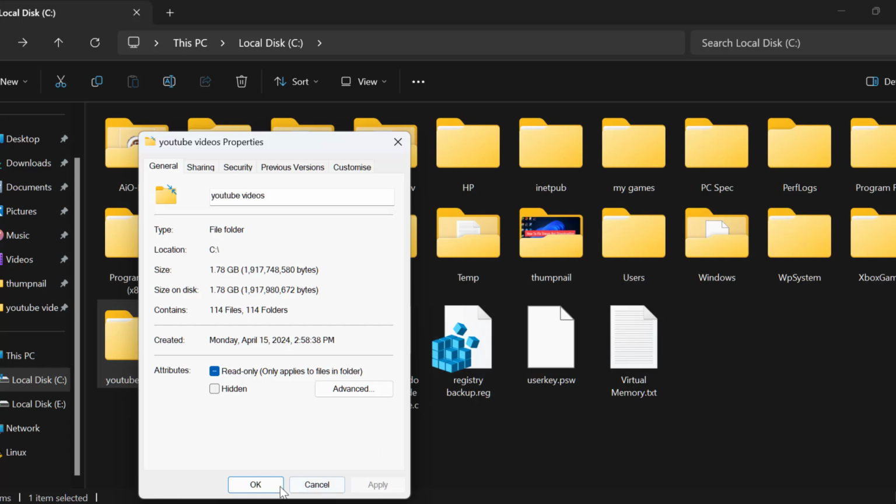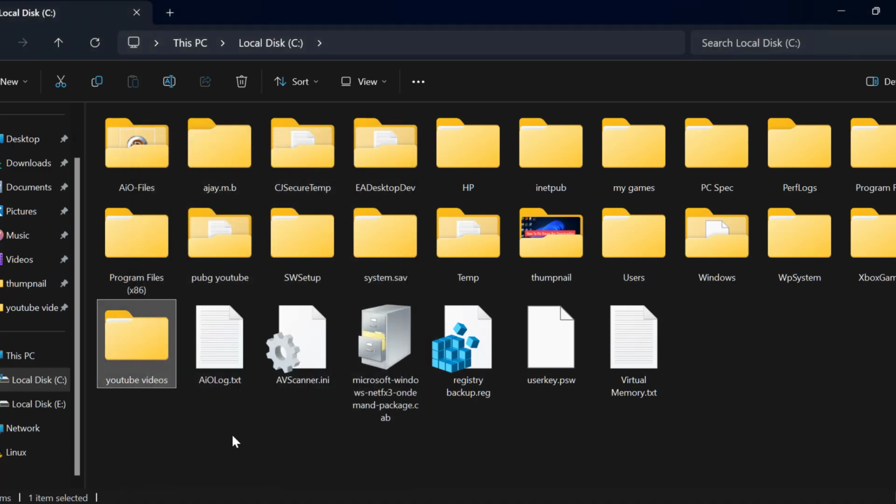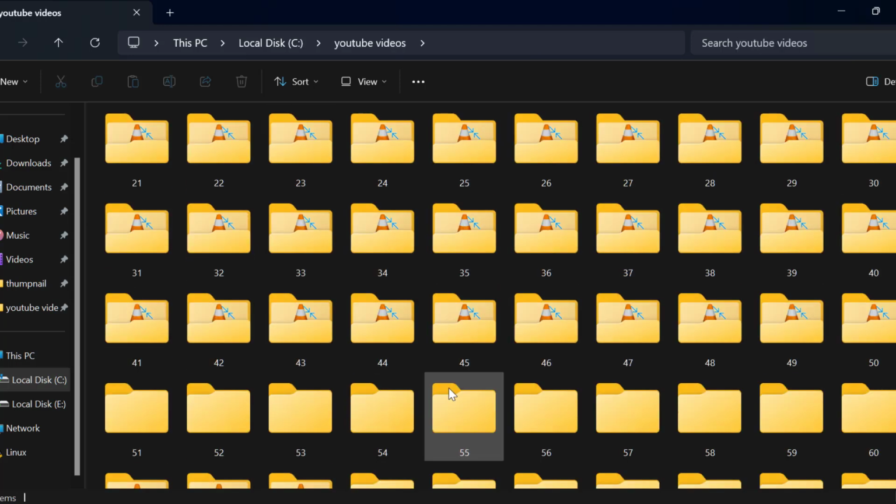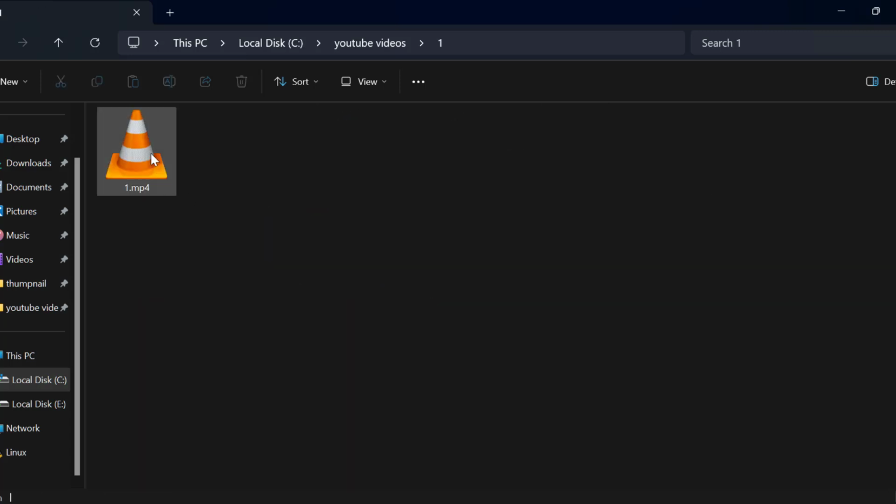After finishing this, select OK, and now two blue arrows will be removed guys in all subfolders. As you can see inside here, you won't be able to see the two arrows,